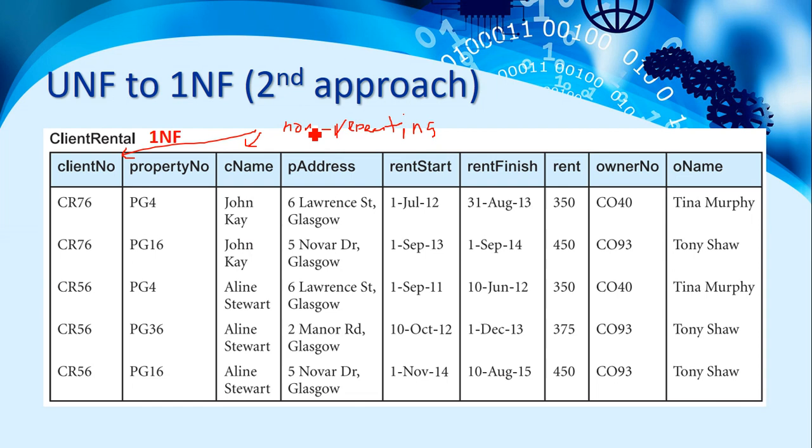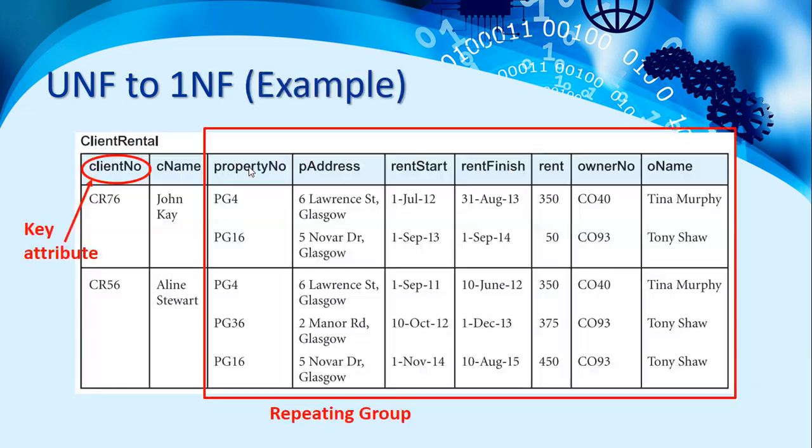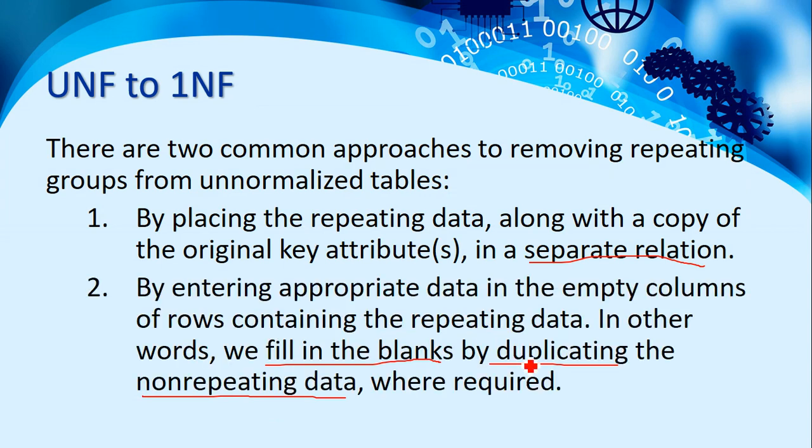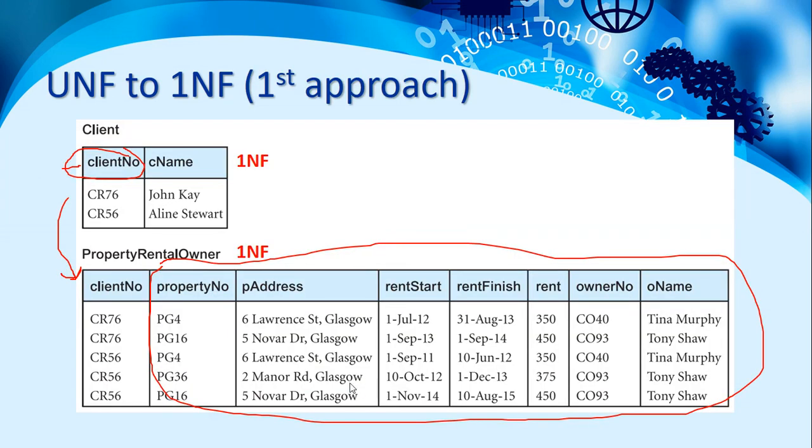Okay? Sorry. Yung client number tsaka yung client name, ito lang yung non-repeating, di ba? Let's just recap, no? Ito lang yung attributes na iisa lang yung value niya, non-repeating. So that is why we will duplicate yung values nila. So, kaya yung nangyari,